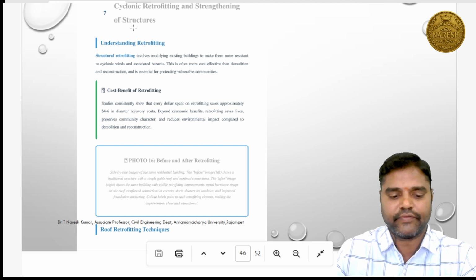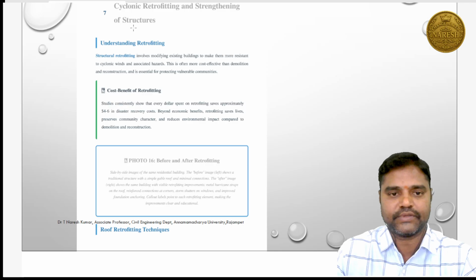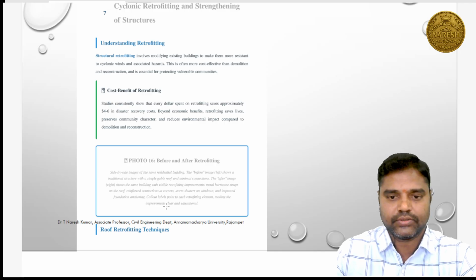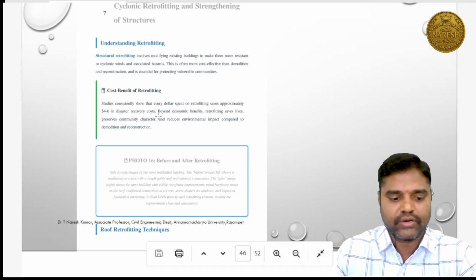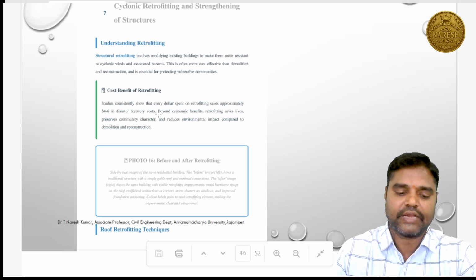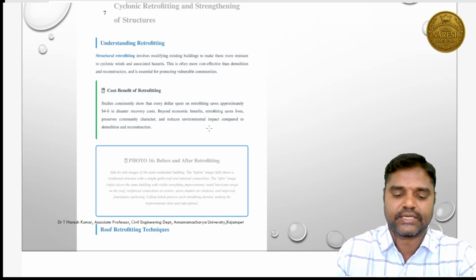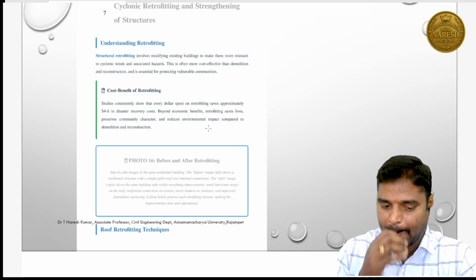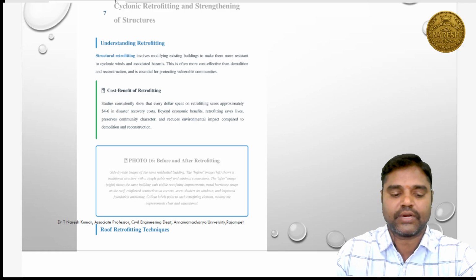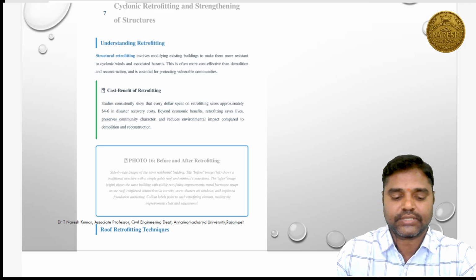And cyclonic retrofitting is one more beautiful topic which should be covered in this. Retrofitting refers to the reinforcement and upgrading of existing structures to make them more resistant and resilient to the damaging effects of high velocity winds and storm related hazards. The structural mitigation approach aims to reduce physical and